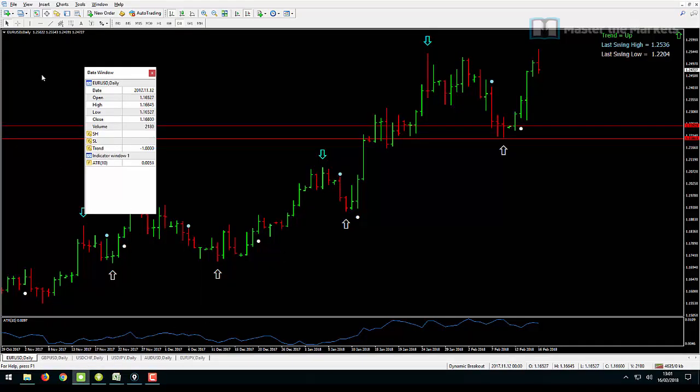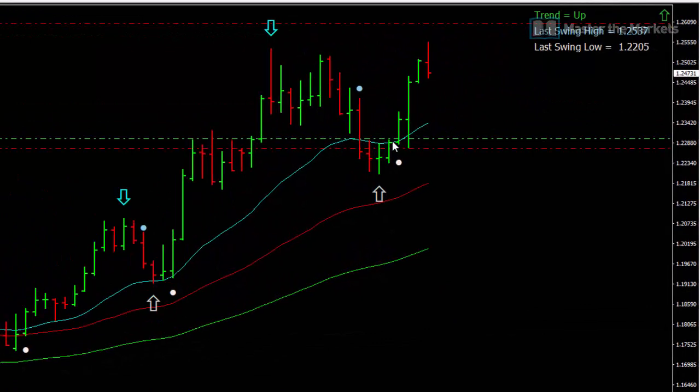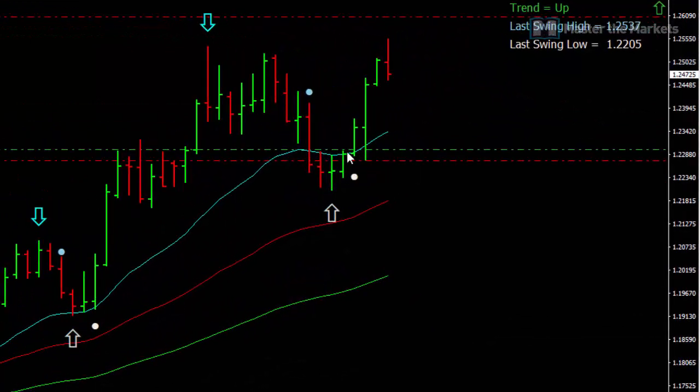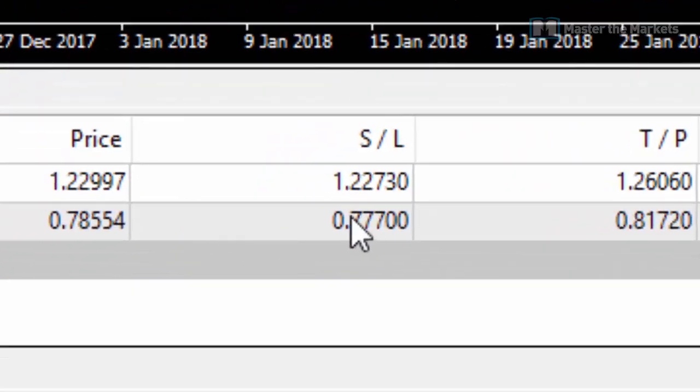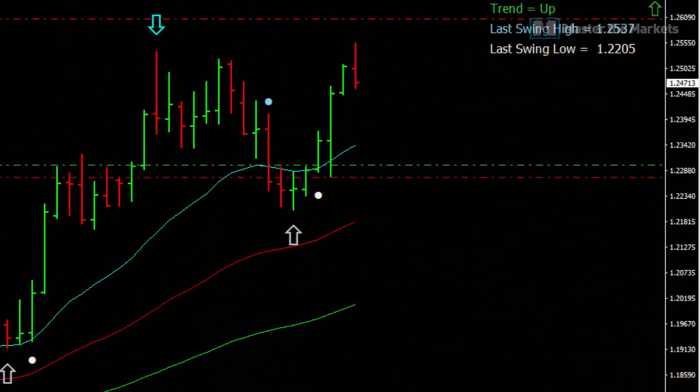First of all, let me switch over to the liftoff profile. Here it is. So you can see Euro US dollar. We went long the market just here on this dash green line. We're long the market from 122.99, and we had an initial stop below this low just here. The reason for that is because this is the primary -1. This is the bar we were looking for to become a swing.